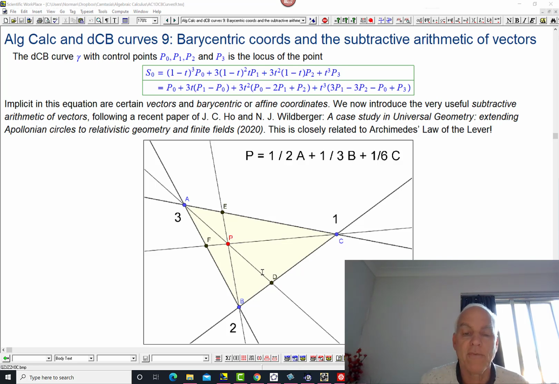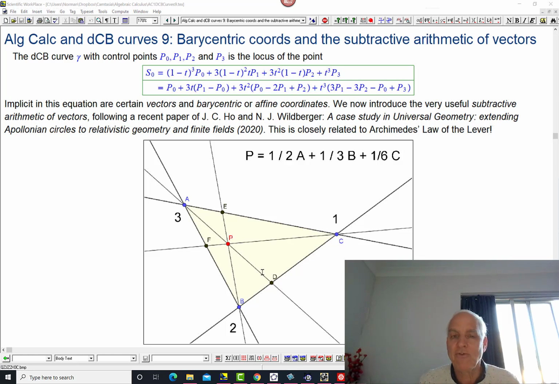And then Archimedes' relation can be expressed as that this will be a point of balance precisely when m1 times v1 plus m2 times v2 is the 0 vector. So it's actually a vector equation. This is too often stated somewhat incorrectly in terms of distances, and it's made into a metrical thing. So it's not a metrical thing. It's an affine thing. It's a concept involving only vectors.